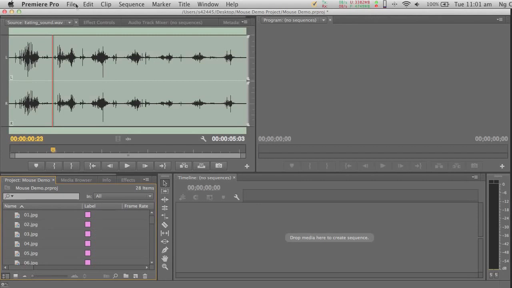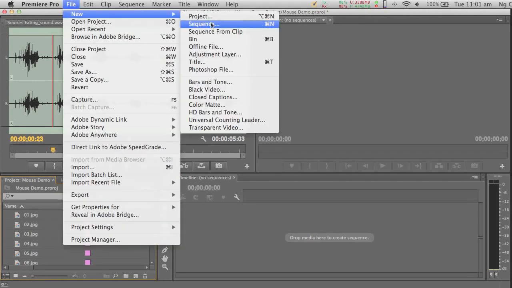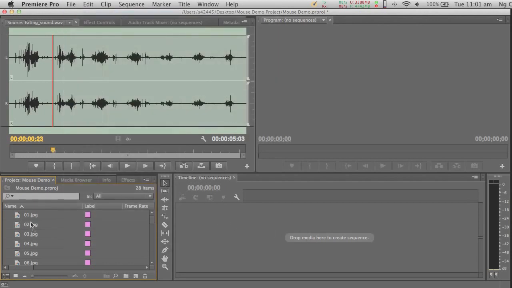The next thing I'm going to do, I'm going to go to File, New. I'm going to create a new sequence. By right, if this is a video asset, you can just drag your media inside the timeline, and Premiere Pro Creative Cloud will automatically create a sequence based on your original video setting, based on what you have already recorded. So if you recorded AVC HD 720p25, your timeline will automatically be set to that setting.